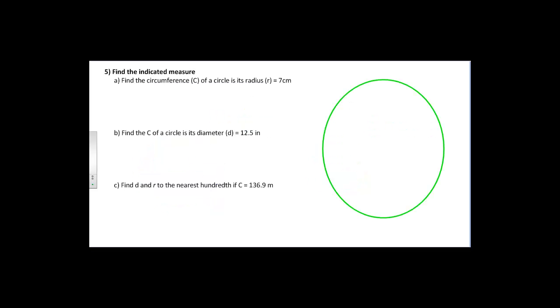Problem number 5. If I want to find the circumference of a circle with a radius of 7 centimeters, I would just use the version of the formula that has radius in it. If you remember, that was circumference is equal to 2 times pi times radius. So what I'm going to do is plug my 7 centimeters in for radius. My circumference would then be 2 times pi times 7 centimeters, which as an exact answer would be 14 pi